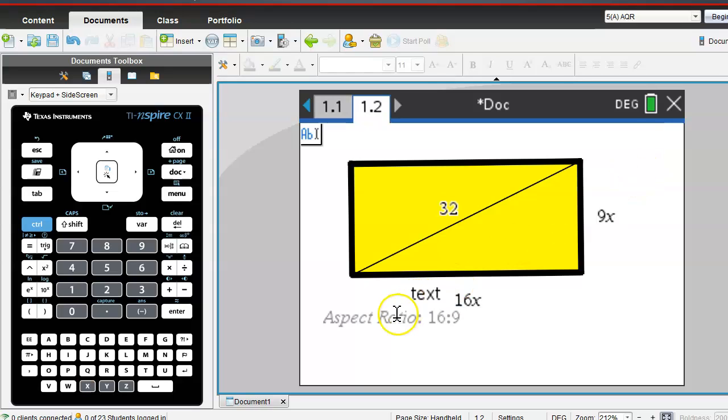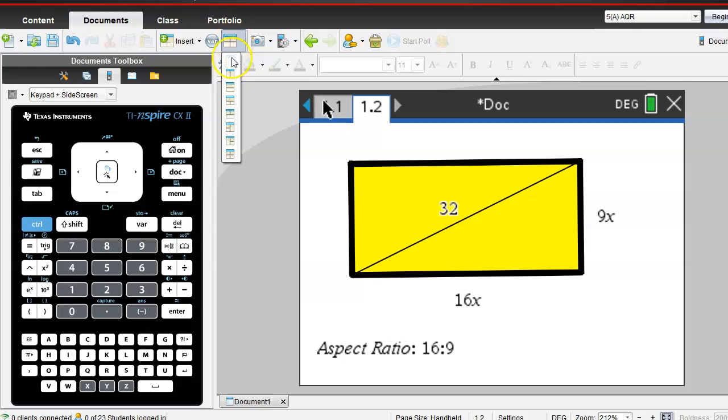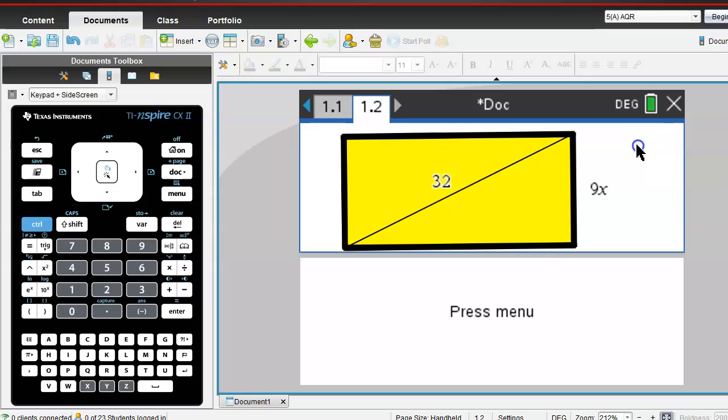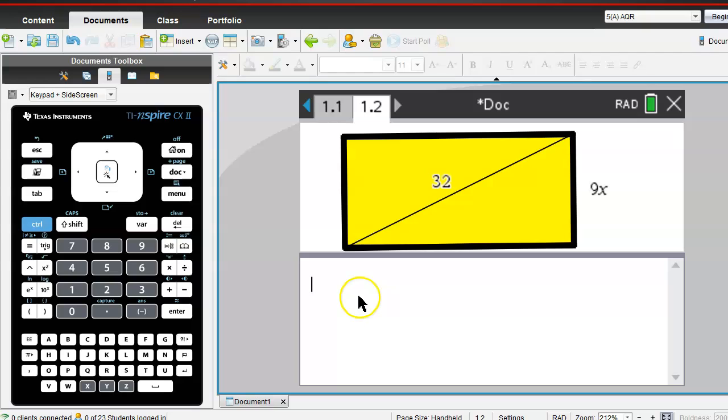As you can see, what we've done is create a right triangle, so we can find x by using the Pythagorean theorem. So let's do that. I'll do a split here, come back, and I need a calculator. The Pythagorean theorem says, and I use menu 3, 1 for solve,